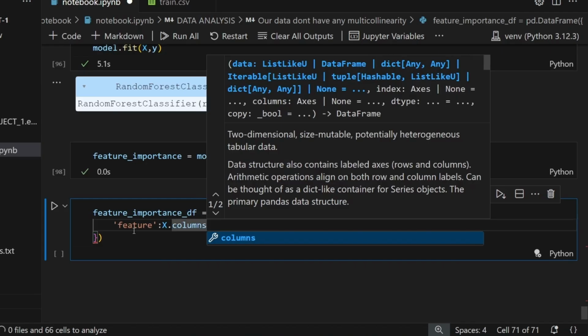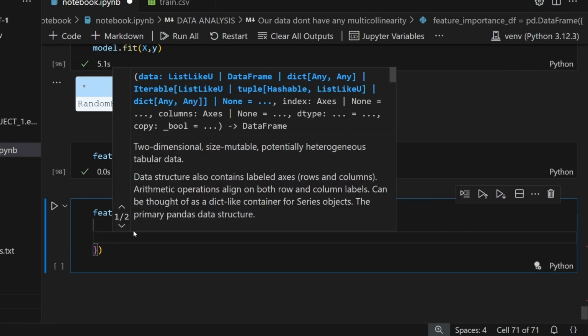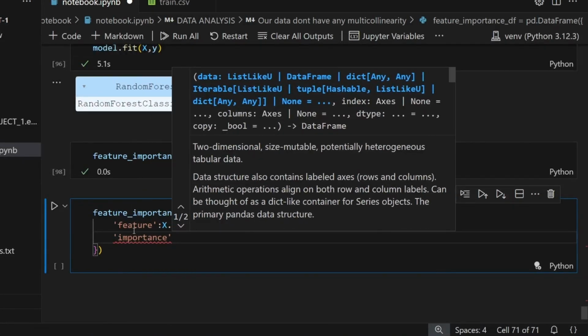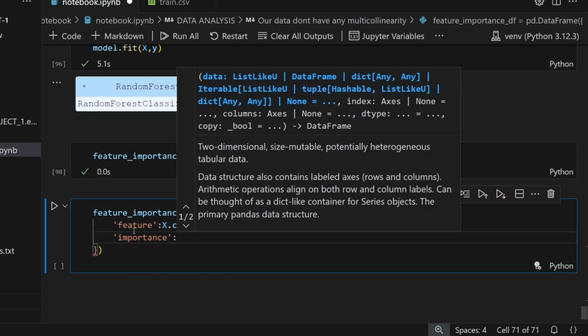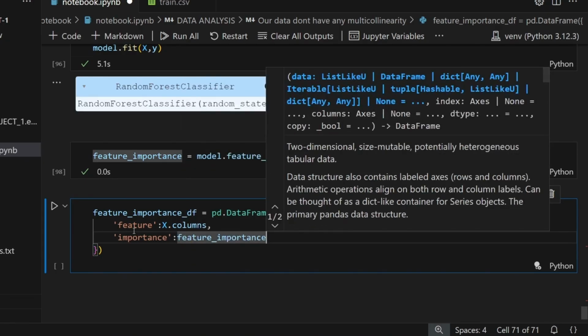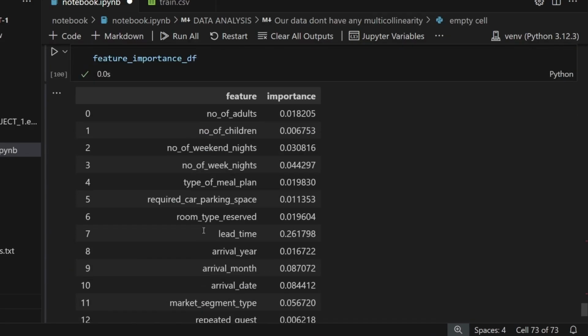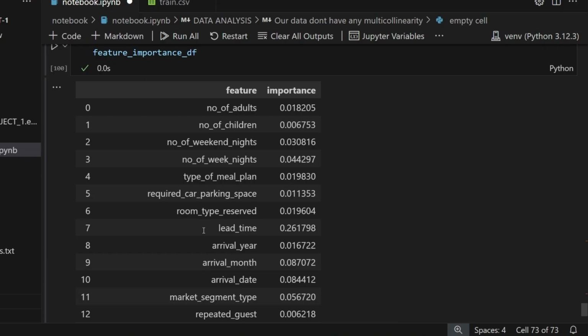You will create a first column with all the column names. Then you will create a second column, that is importance, where you will have all the feature importance, right? Just run it,